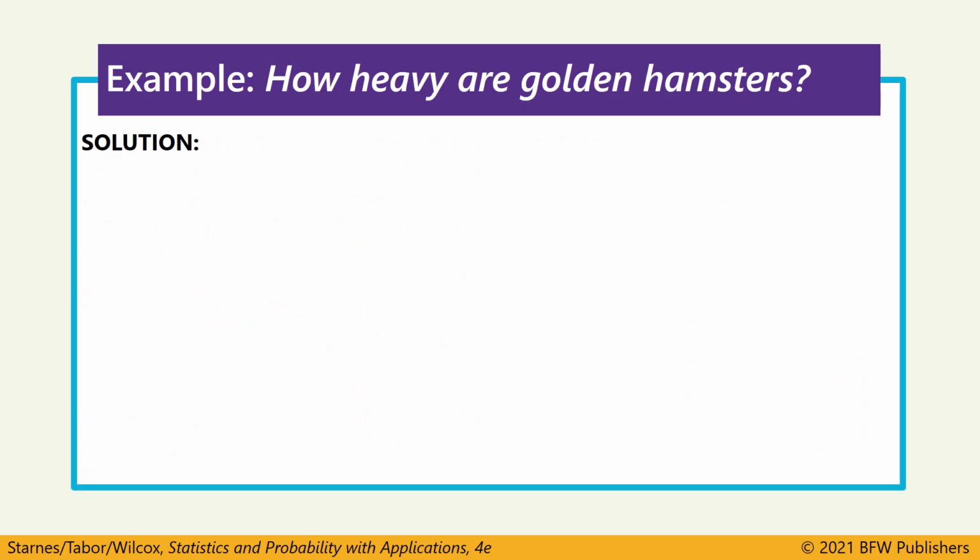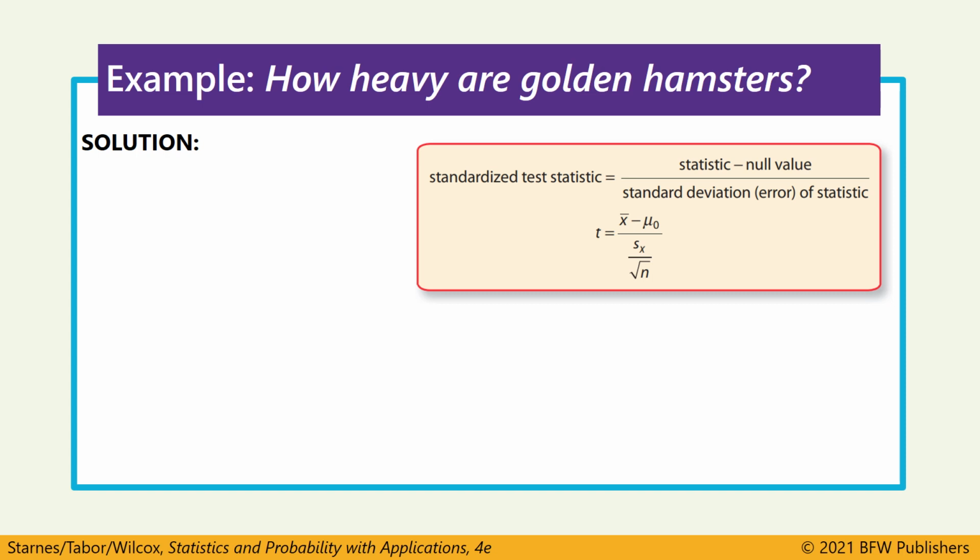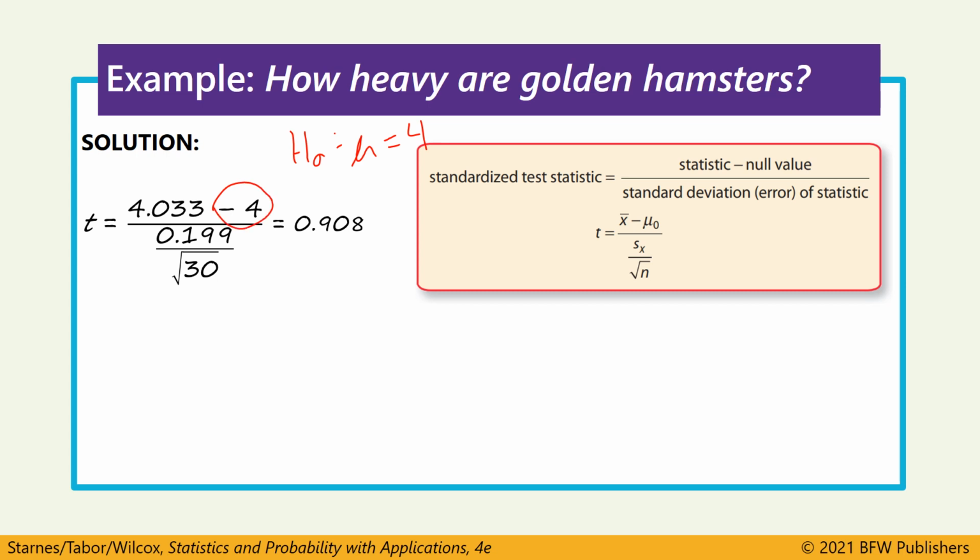Now it said at the bottom of that slide that the conditions for inference have been met, which means we don't need to check them. But just to note, we do have a sample size of 30, which is large enough to meet that nearly normal condition. So we can jump right to calculating our test statistic. When we do that, remember the null hypothesis value is always coming after the minus sign. So our null hypothesis was mu equals 4. That comes after that minus sign. Over here, we have the test statistic x bar, which is the average weight of the 30 hamsters. That difference gets divided by s over radical n, and we get our test statistic, our t-score.